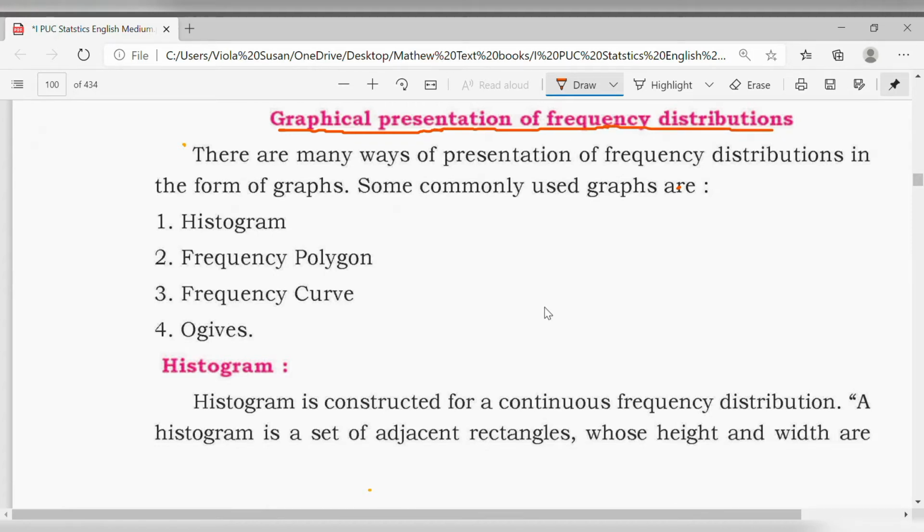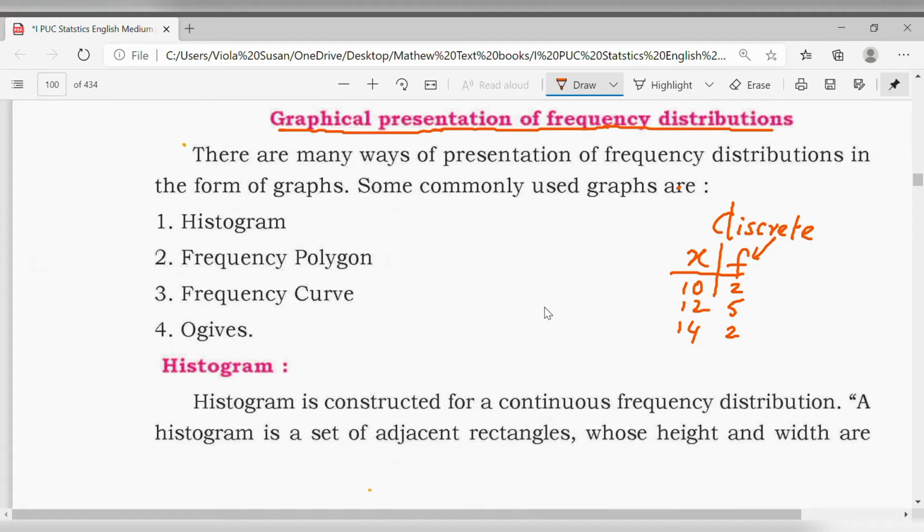Frequency distribution has been told to you, students. Frequency distribution will be of two types. Either it should be a discrete one, discrete frequency distribution, where we can see only x and f values. The values would be like 10, 12, 14, and the frequencies would be 2 or 5 or 2, something like this. This is a discrete frequency distribution.